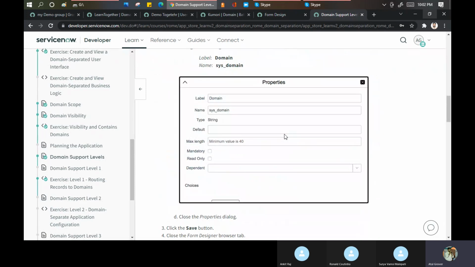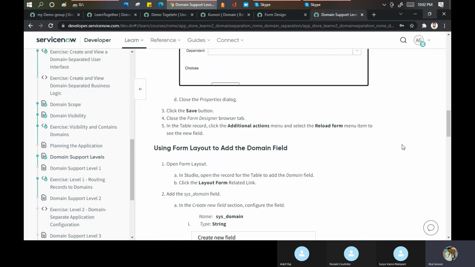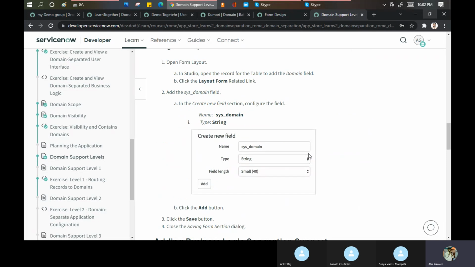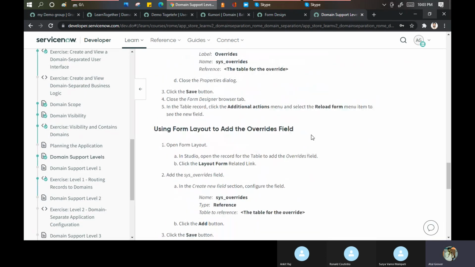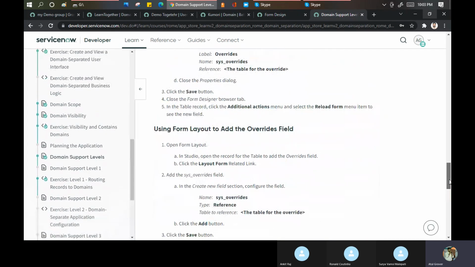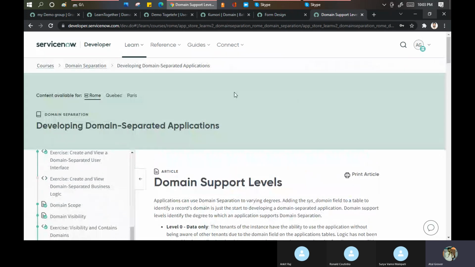Nobody will recommend you to go for domain separation in the first go. You're so much of an expert, no, we have to use domain separation. This is the benefit. Nobody says no, boss, I'm not interested in domain separation, because everybody knows it is a pain to maintain. Definitely, as a service provider I'm getting a benefit, but at the same time I'm putting a lot of maintenance cost in the background.